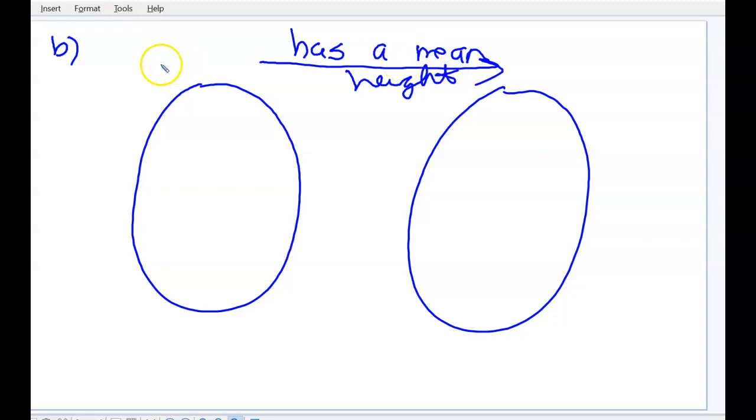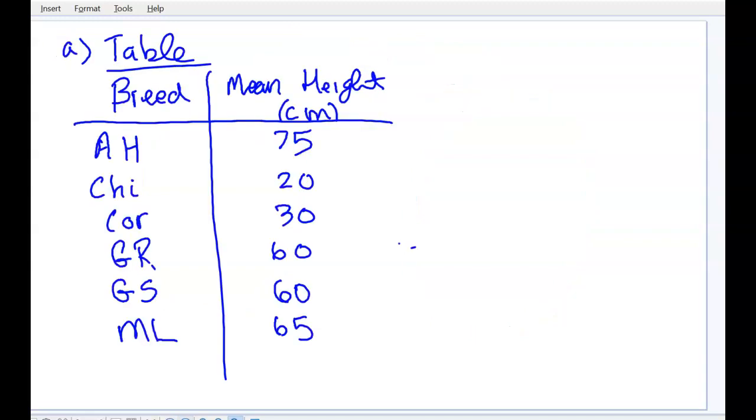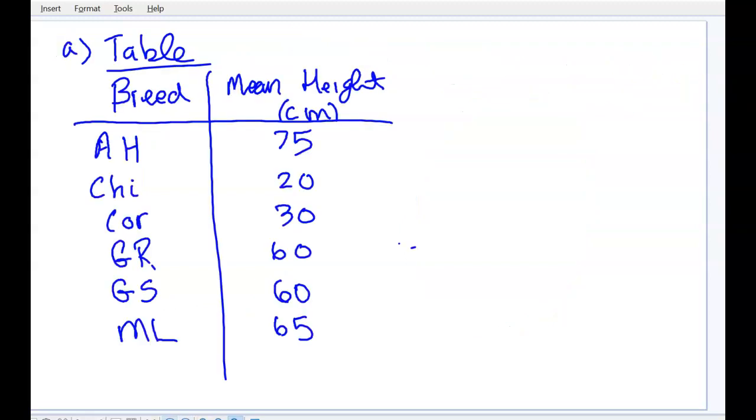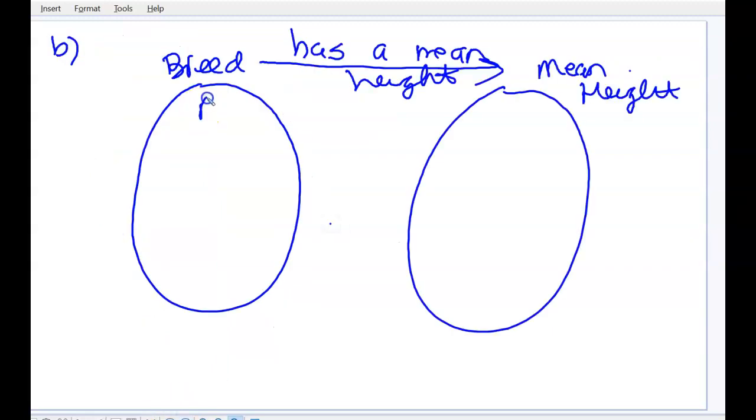So the breed is going to be on the left-hand side, the left bubble, and mean height is going to be the right side. And again, we'll put these in alphabetical order, and they are already, so we have